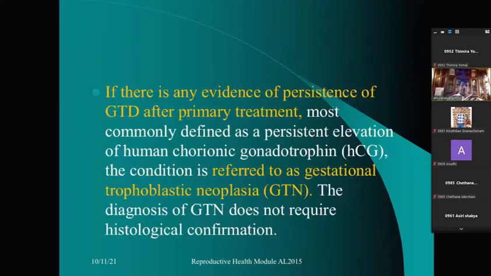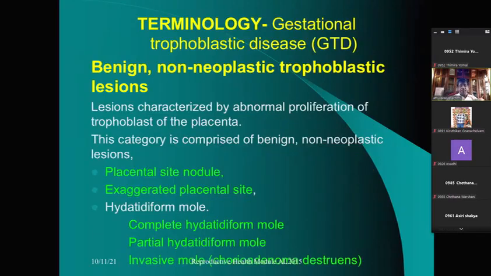Usually, most of the time, it starts with a benign condition. Once we treat this benign condition, if the disease process continues and keeps on going, we call that gestational trophoblastic neoplasia. So all in all, gestational trophoblastic disease has two main areas: a benign primary component, which is non-neoplastic lesions,